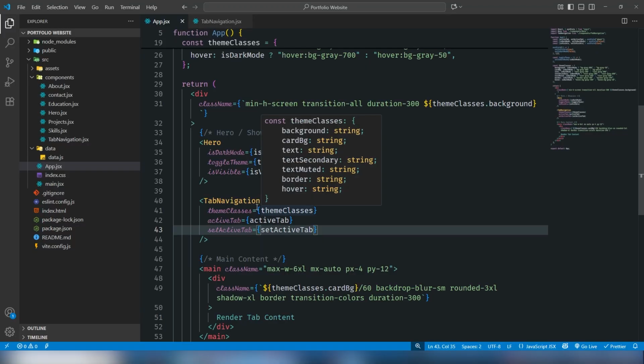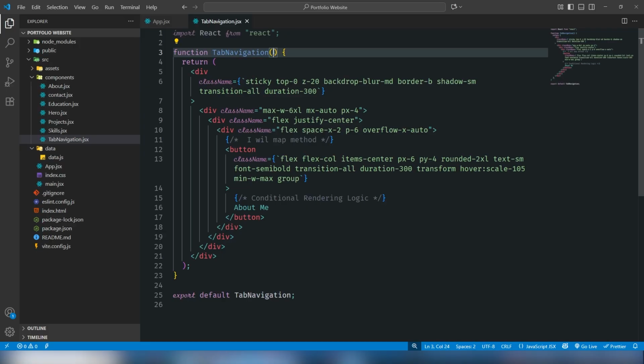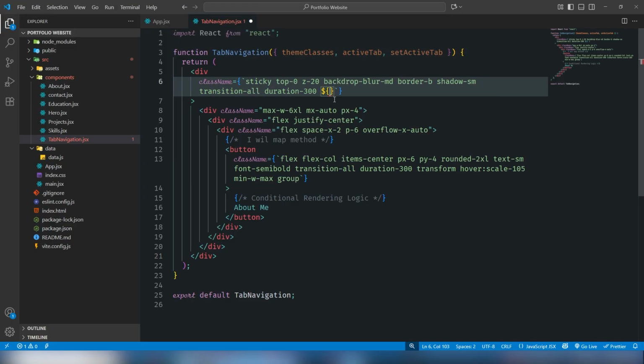So give me a second. Copy that and I'm going to paste it there: theme classes and active tab. Let me check it. Yeah, active tab. And the last one is set active tab. Let me check one more time. Yeah, perfect. Once you get that, the next step you can use, the first one is theme classes dot card